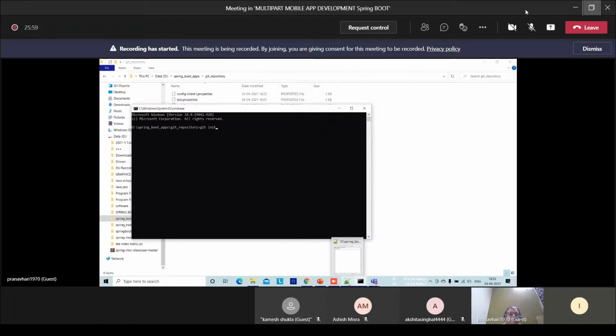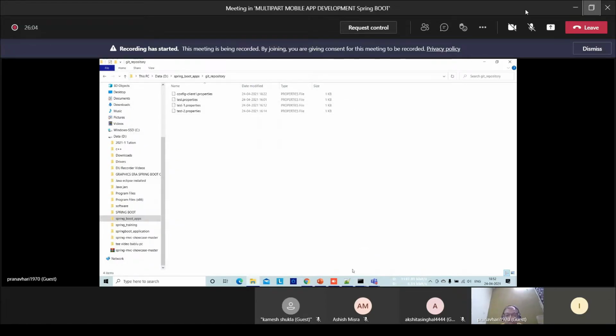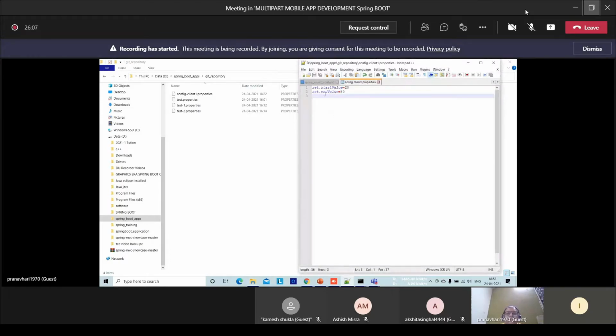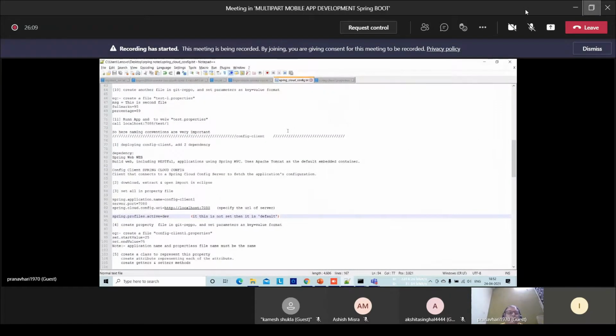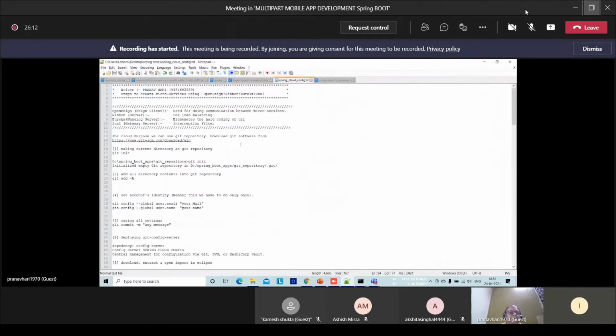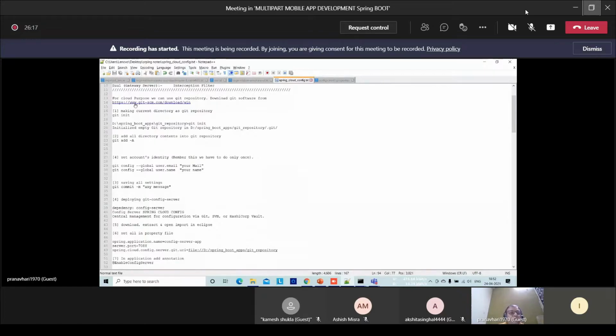Now let's see. Once the Git directory is set up, thereafter what we are supposed to do. These are the steps in order to create the cloud server. As I already said, we have to download Git and install.